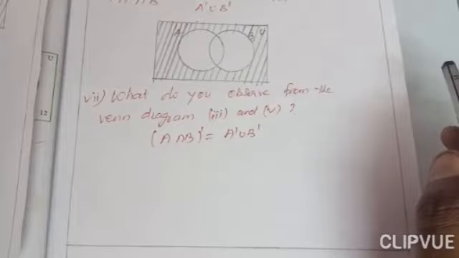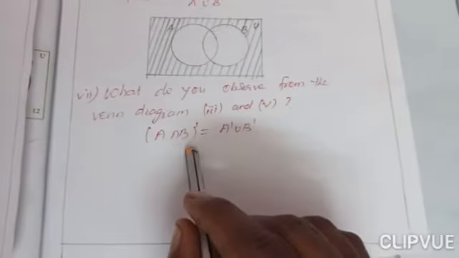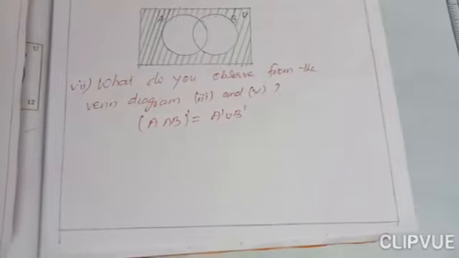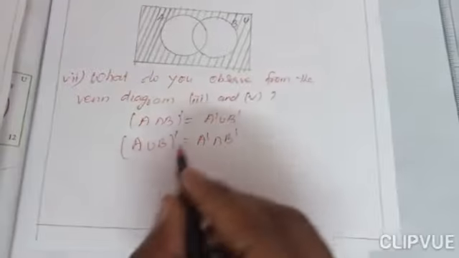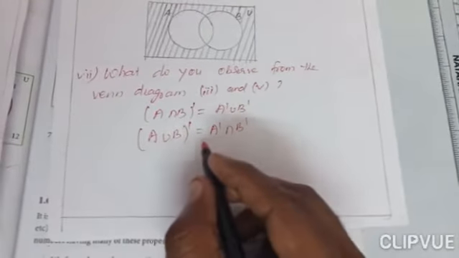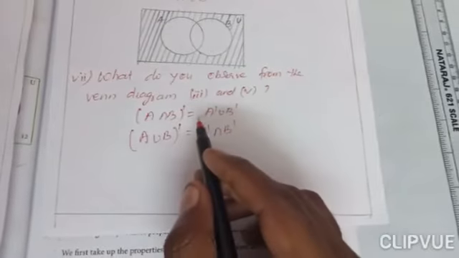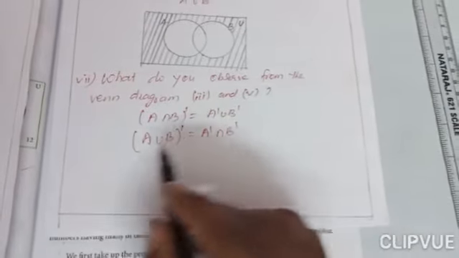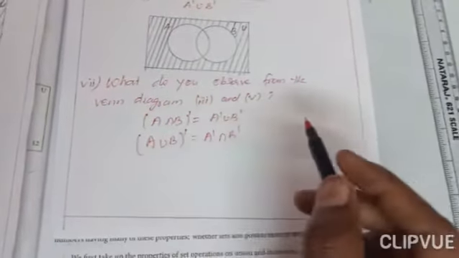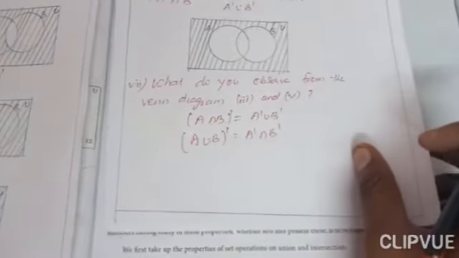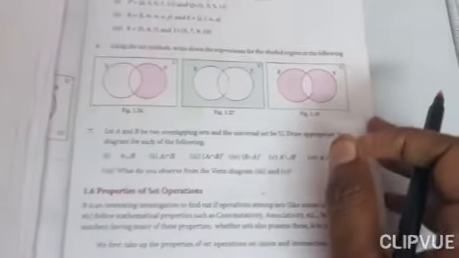That's what we did in the third Roman number and the fourth Roman number. A intersection B the whole dash equals A dash union B dash. And also we wrote A union B the whole dash equals A dash intersection B dash. Very important two formulas. Directly you can do in the sum. A intersection B the whole dash equals A dash union B dash. A union B the whole dash equals A dash intersection B dash. Oppositely you have to take. So I hope you understand the seventh sum in the exercise 1.3.